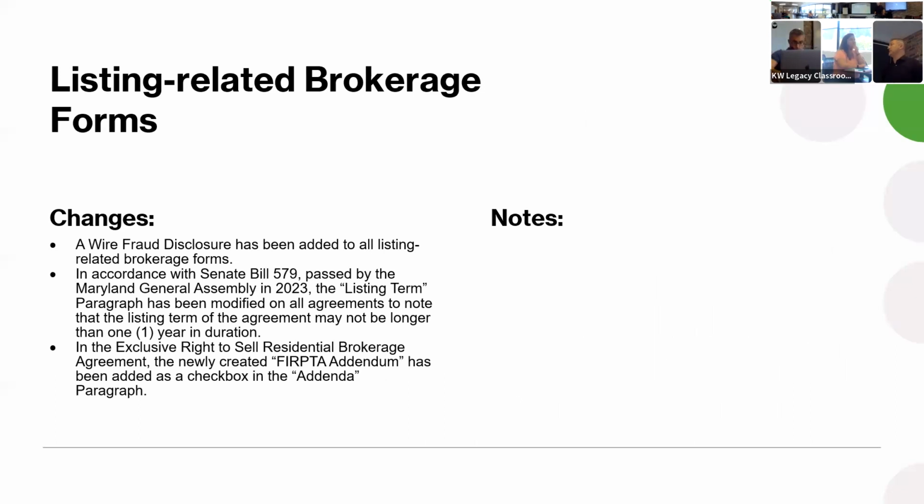Okay, this is the only one that you guys are really going to care about. It's not going to impact most of you. Brokerage agreements can no longer last more than 1 year in duration. Okay, most people weren't doing that anyway. Just for context, there was some